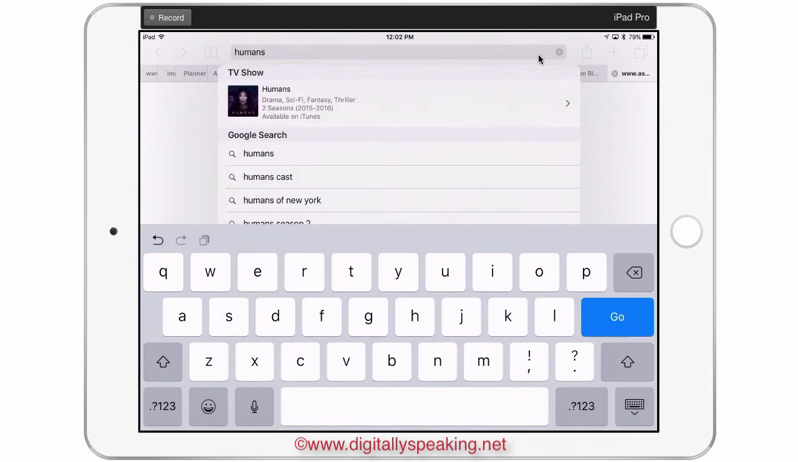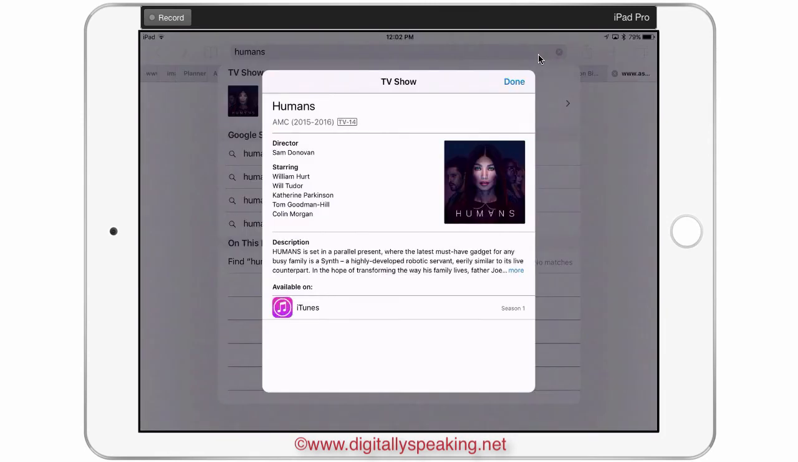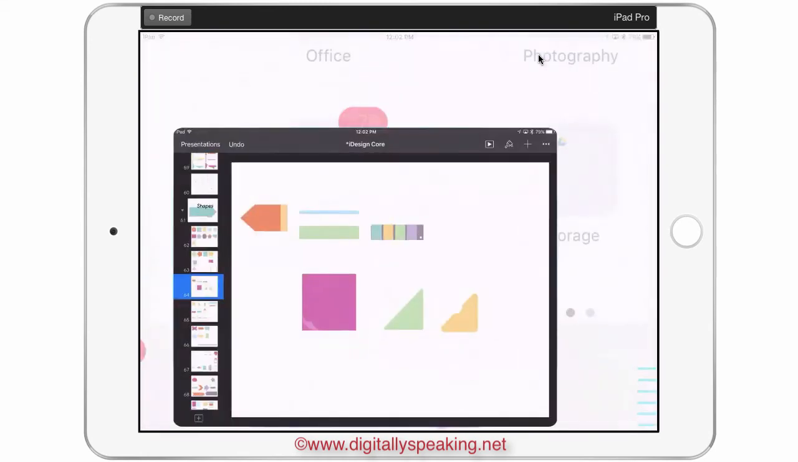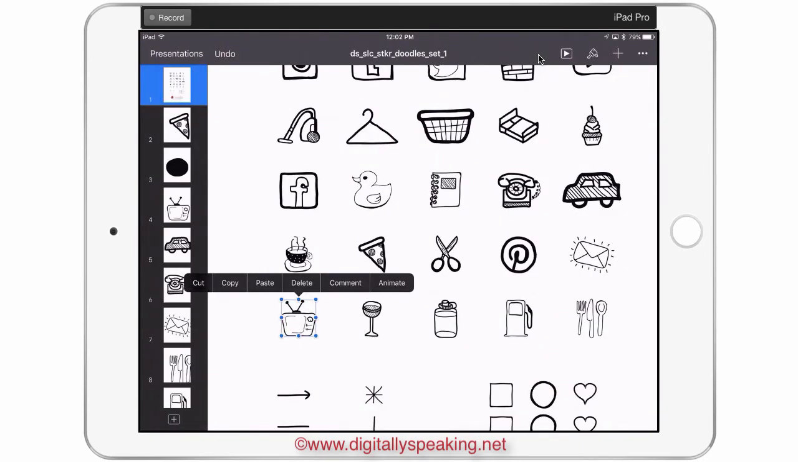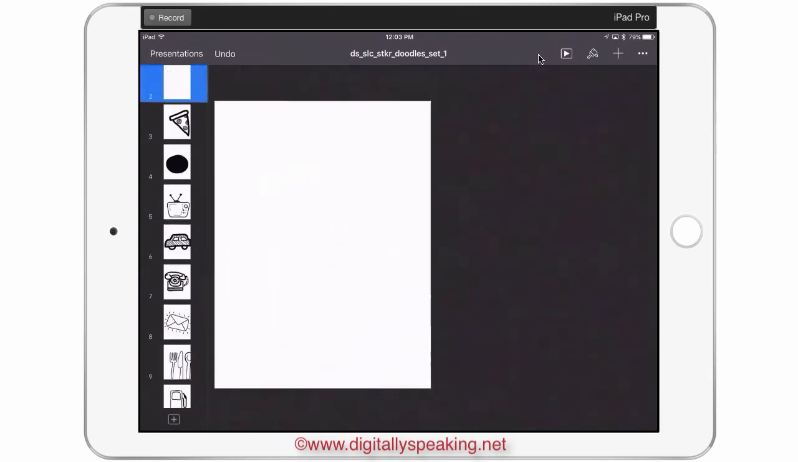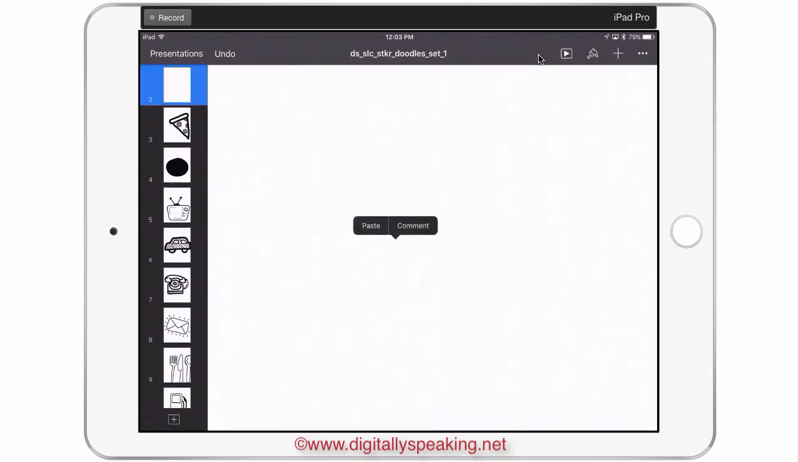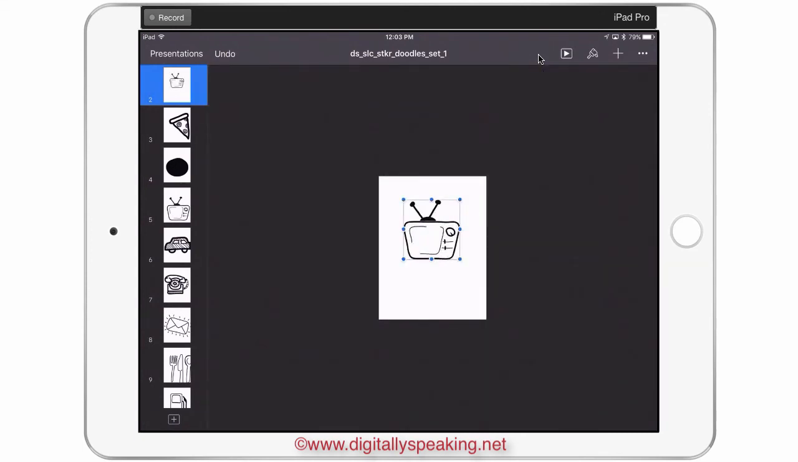And here at the very top, you can see it pulls up the description. I'm just going to go ahead and do a screenshot. And then I also want to get my TV doodle, and I'm going to tap and copy that. And then I'm going to add a workspace and paste. And the reason that I'm doing this is because I want to make it really big so that